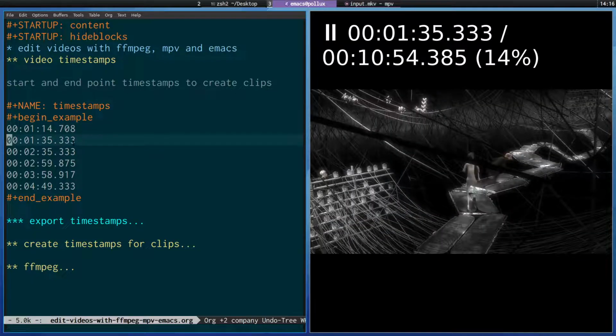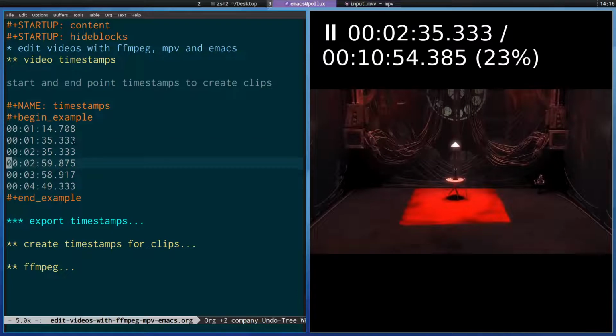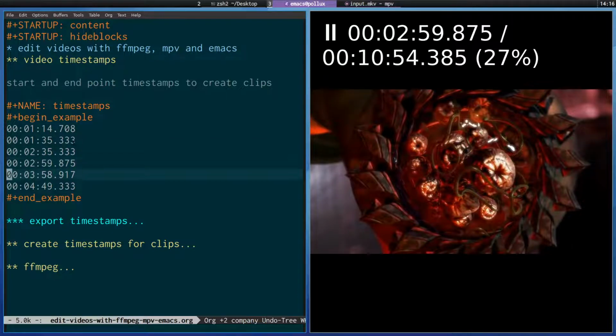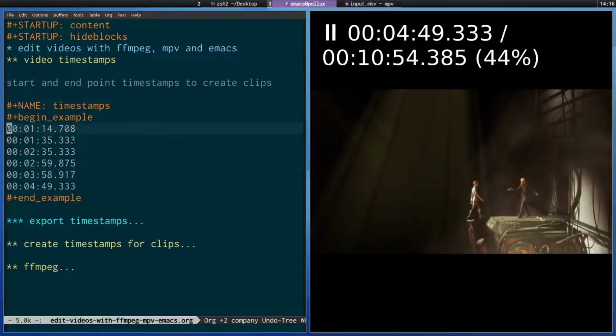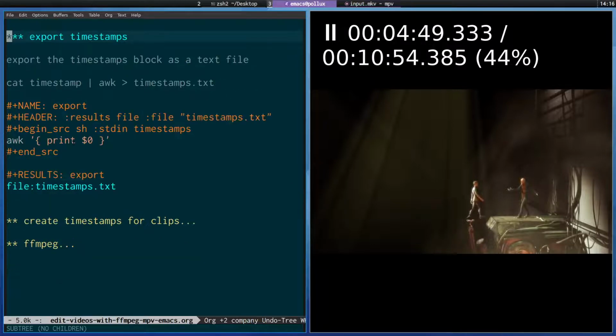So it means that you can actually just go through and view all your points. So obviously, you're creating clips, you're going to be taking 2 points, the start time and the end time. Yeah. So that's the start and that's the end, so on. So once you've done that and you've sort of exported them,